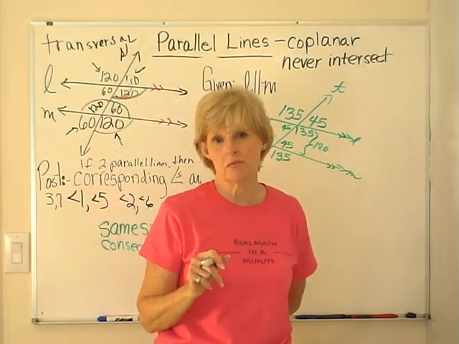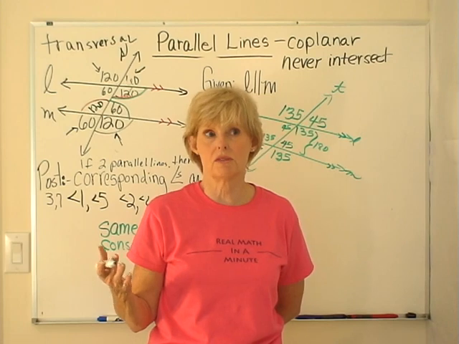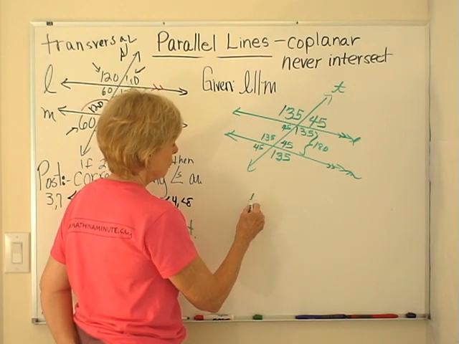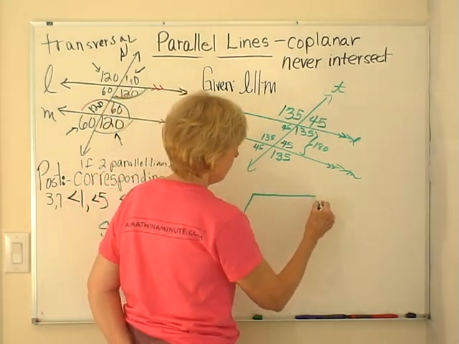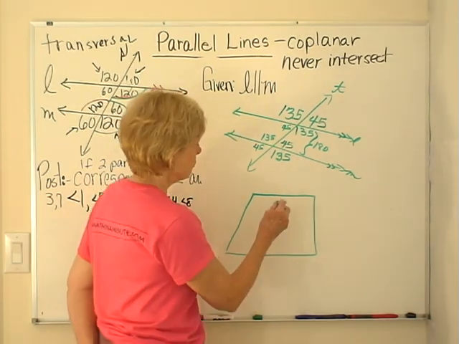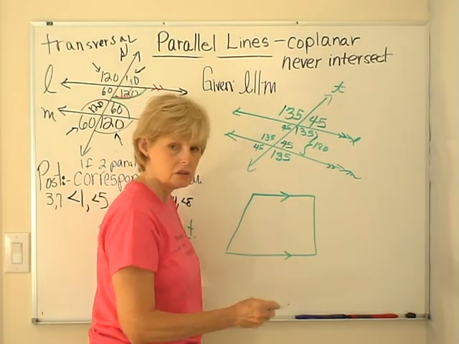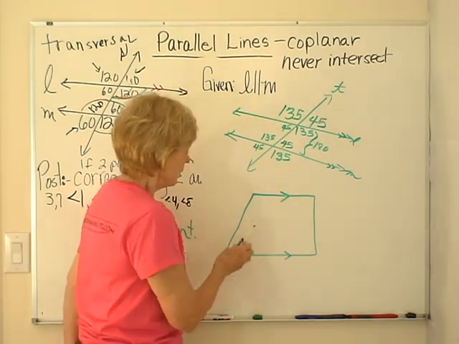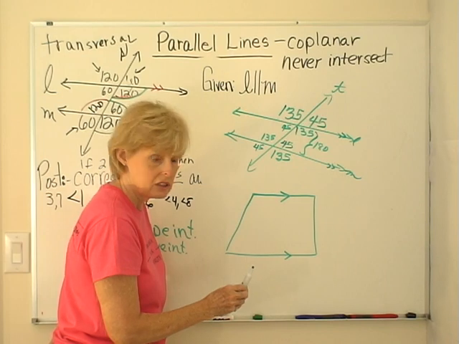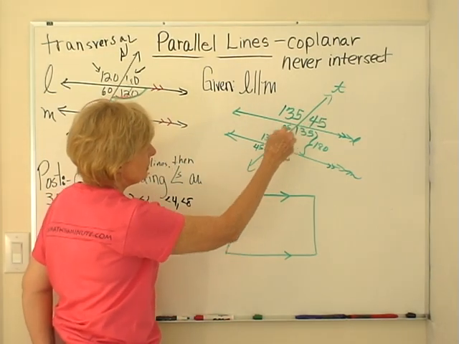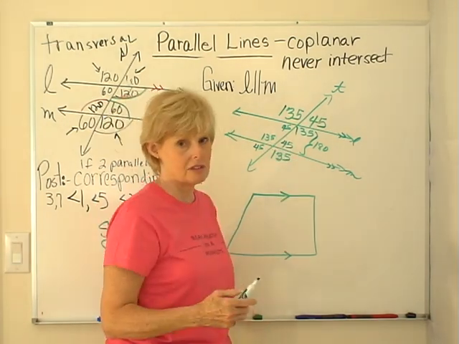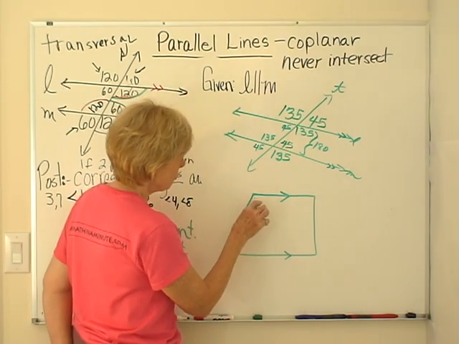Okay, now you're going to find parallel lines everywhere. They're not just going to be sitting there that obvious on the page. A lot of times you will have a figure of some sort, and it could be different kinds of figures. We'll talk about all of this in great detail later. But let's just say that we have two parallel segments, works the same way. And this serves as a transversal, but it doesn't stick on out, it's not a line. And so you don't have as many angles formed. So it doesn't jump out at you quite as much as this does,